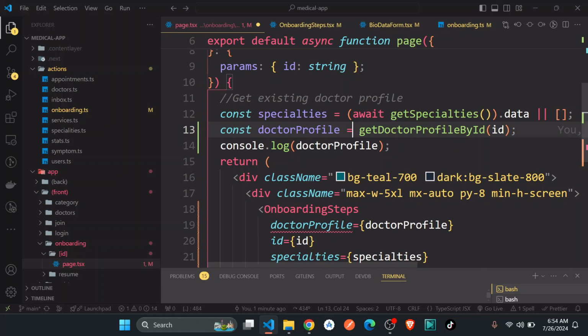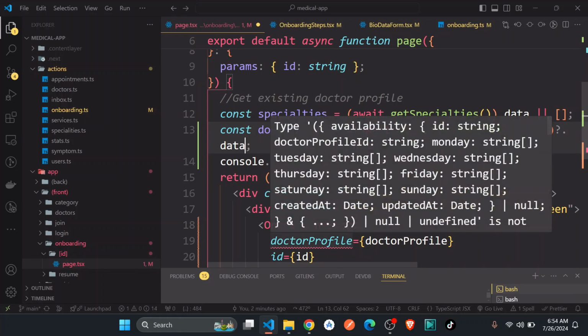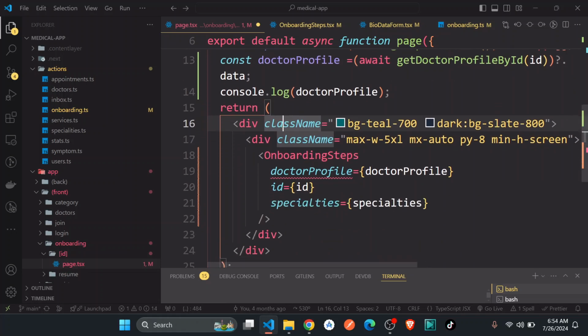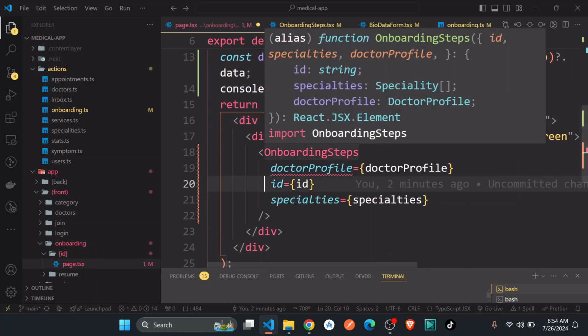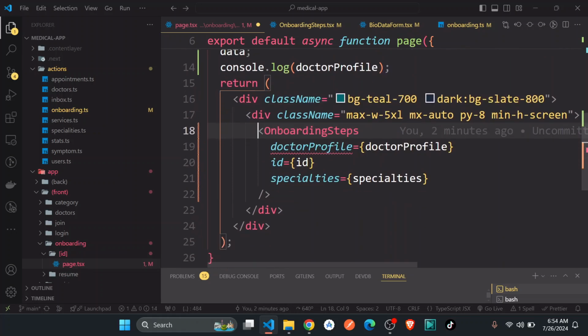Okay, there is something here. So it's like await, and then after this await, when this one is done, after that we can have data. Okay, and now the fact that this one can be null, we could just say that the profile should be seen. If it is not there, then